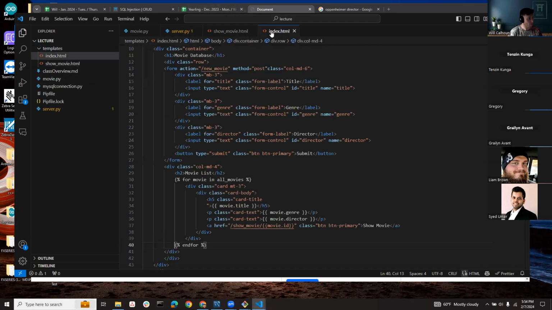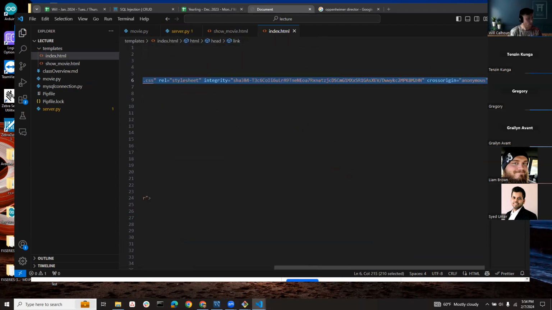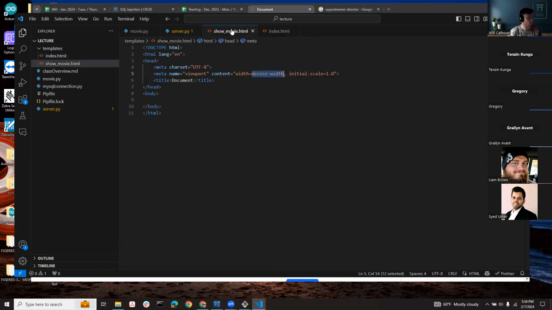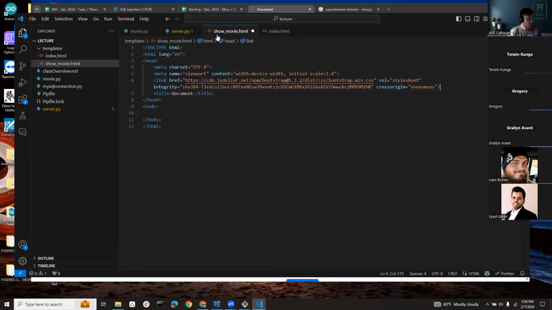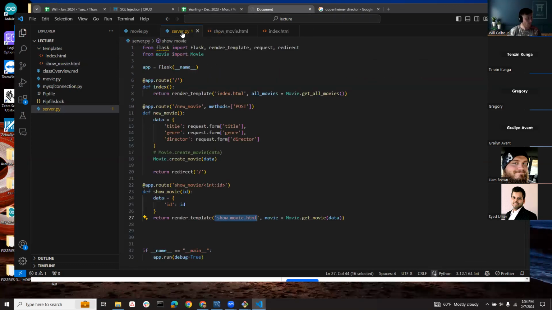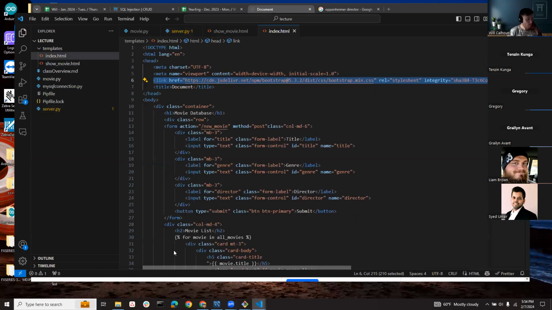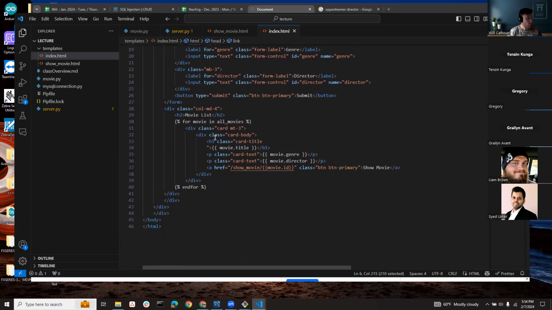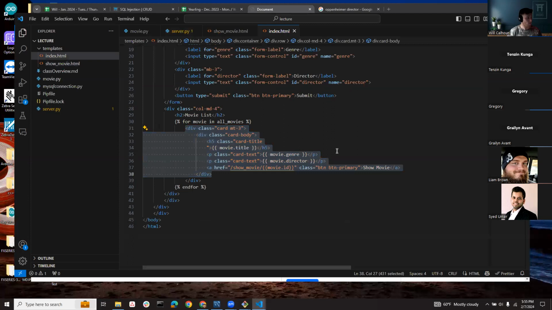Now I love Bootstrap. And so if you are kind of like me, I don't like having to repeat myself or do the same things over and over and over again. So I'm bringing in Bootstrap, but notice we already, currently on index.html, are showing our movies in a nice way, right? Okay, this looks nice. So maybe I want to show it in the same way, but I just want to show the one movie. Well, what I could do, and this is totally okay, is I can take the code that I've already written,